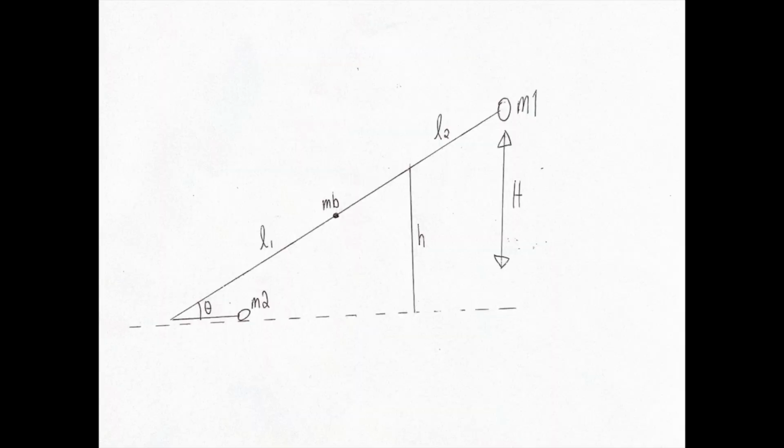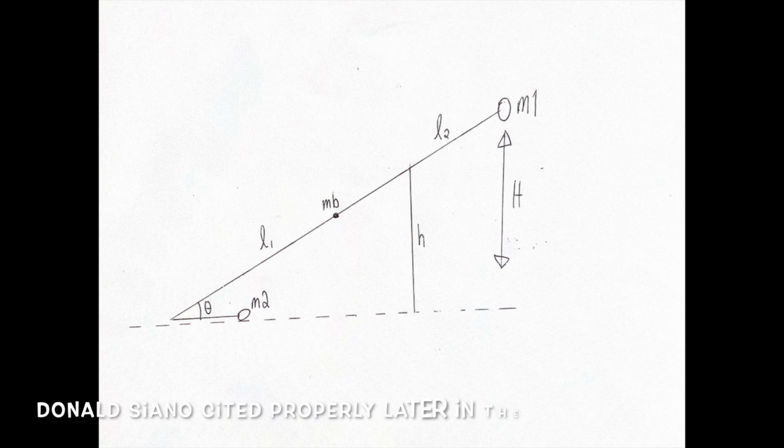In terms of the physics of how the trebuchet actually launches projectiles, I've come up with a series of calculations and diagrams based on information given by Mr. Ciano's article. Here, we have a diagram of a very simple trebuchet. There are multiple variables here such as MB, which represents the mass of the firing arm, L1 and L2, which represent the long and short lengths of the firing arm, and the height of the frame as lowercase h, the height of the counterweight from the ground as uppercase H, and the masses of the counterweight and projectile are m1 and m2 respectively. Finally, theta is the angle formed between the firing arm and the ground before the catapult is